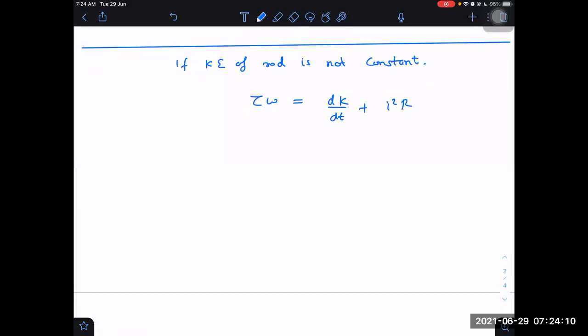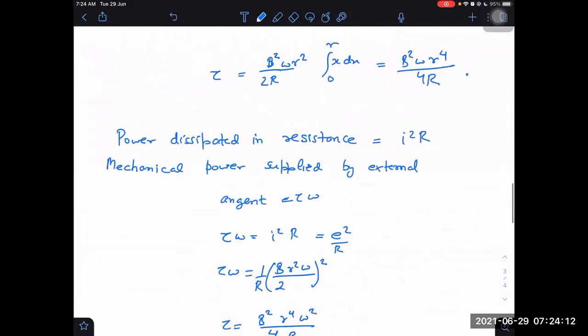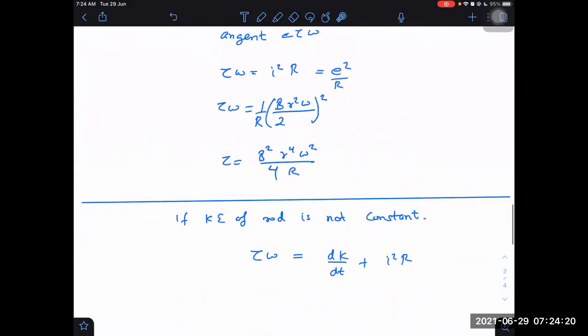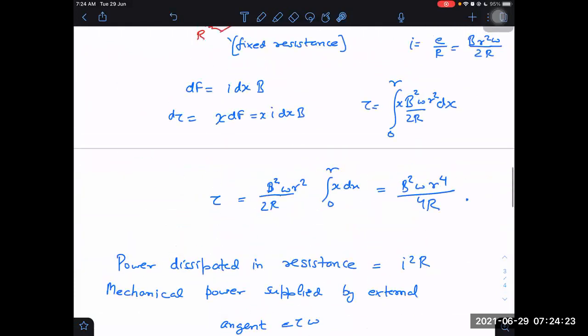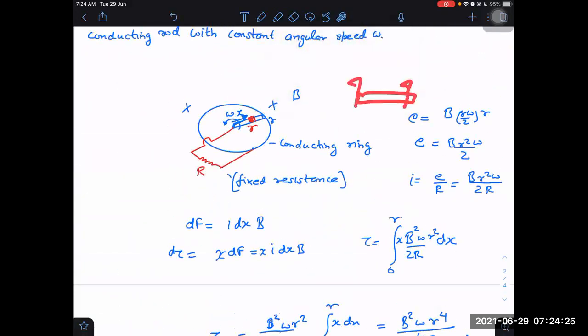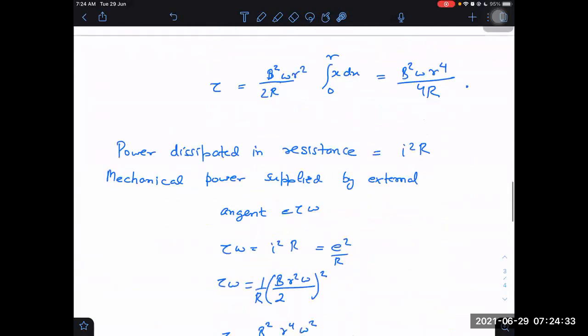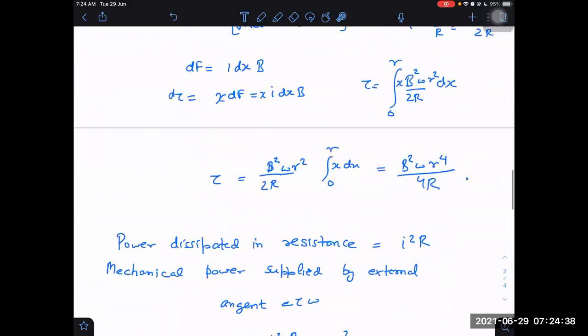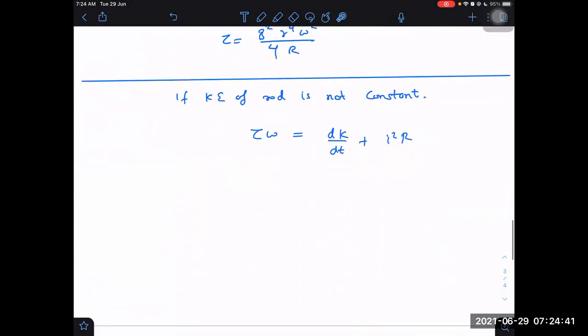And one more thing can be there if we want to add one more problem to it. I may say here some friction is there on this rod, then mu mg will also be acting, right? In fact, not mu mg. Why? Because whenever there is a rod and it is balanced in two places, one by this normal and one by this normal, in between there is mg, then here normal will be equal to half of mg. And on the other side I'm assuming that there is no friction here. This side there is a friction. Then what additional term can we have? Then we can have an additional term of minus mu into normal into r into d theta, right?